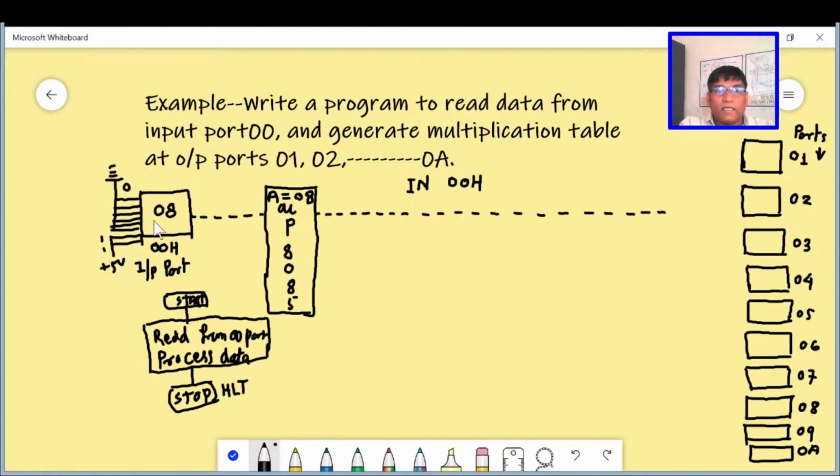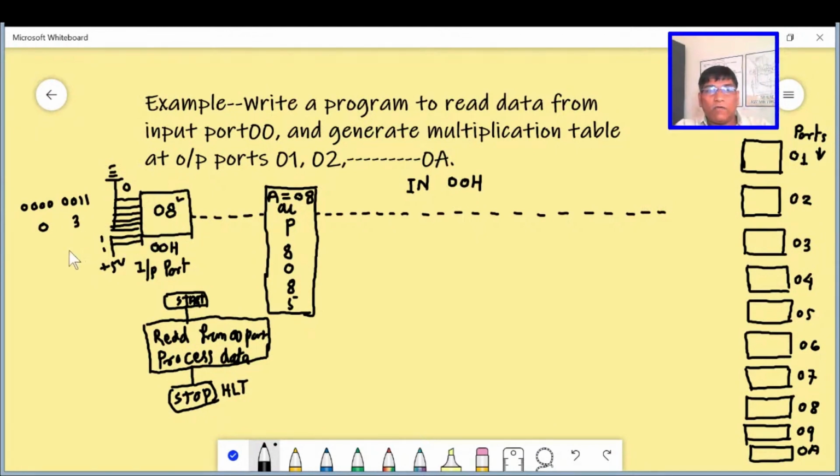In this case, the data at the port number 00H will be 0 0 0 0 MSB, then we will have 0 0 1 1. That means data will be now 3. We may input any value here. For example, we have inputted this value.